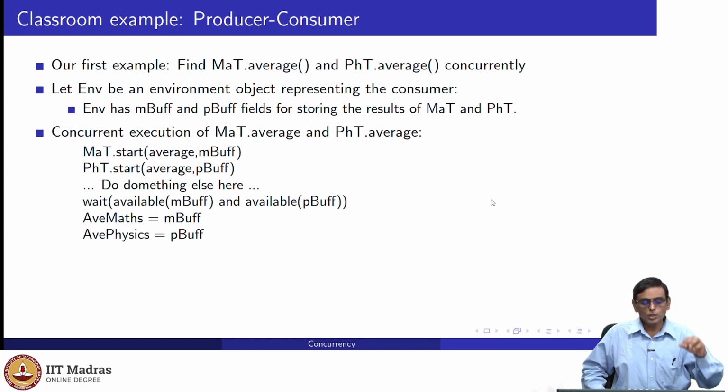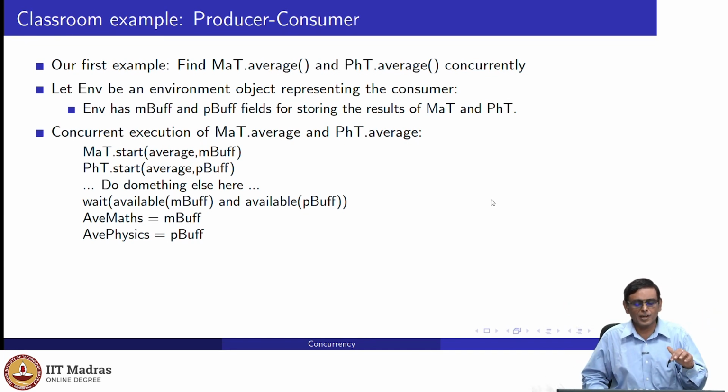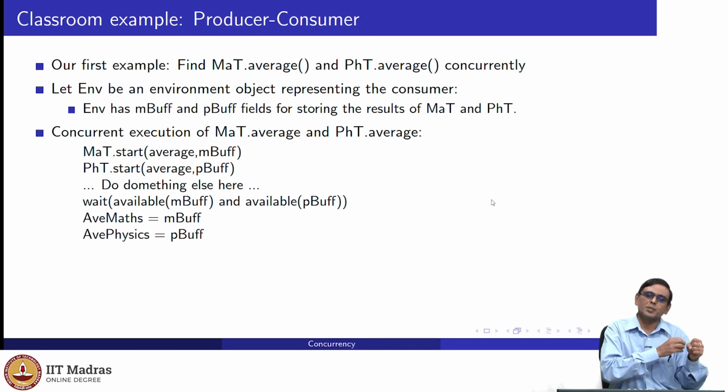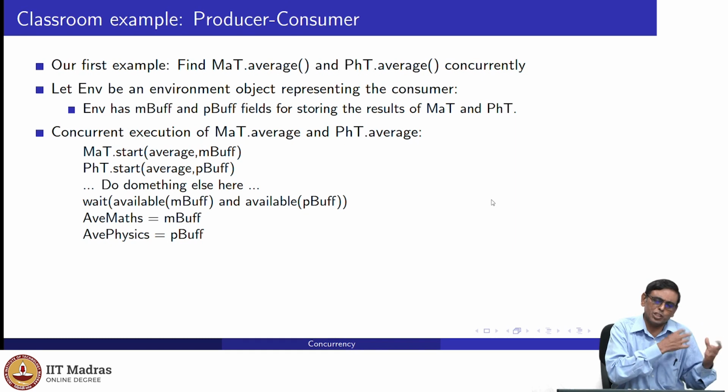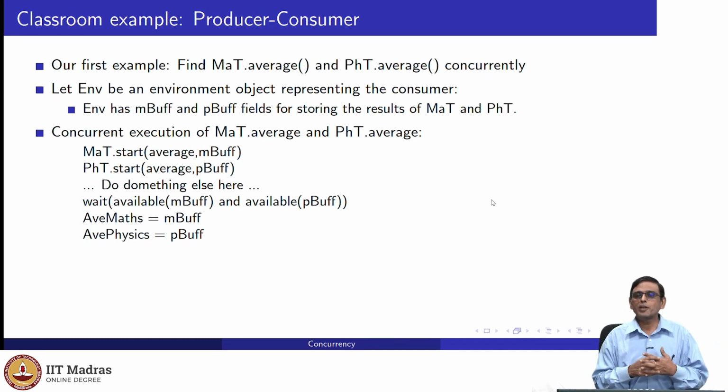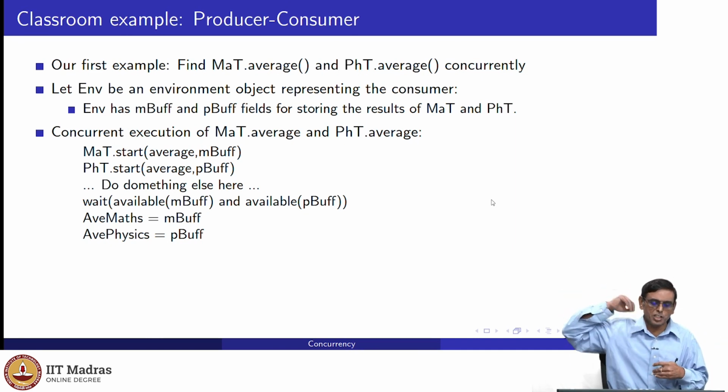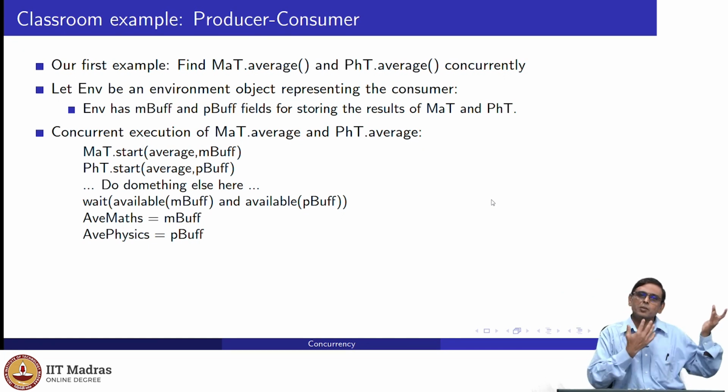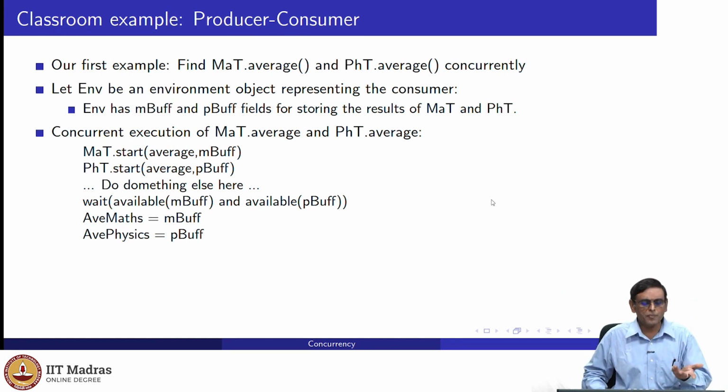So very likely that if I spent a lot of time doing something else, by then both those guys are finished and put the result in mbuff. So this available will quickly return saying it's done, and the wait will not take any time. So just come out. But it's also possible that this doing something else is going to take very little time. I finish it quickly and I come here and I find meanwhile that guy has not finished. Average is still computing. In which case it is very much like the polling case, right? So now I am waiting for that guy to finish. It's fine. There is no problem.